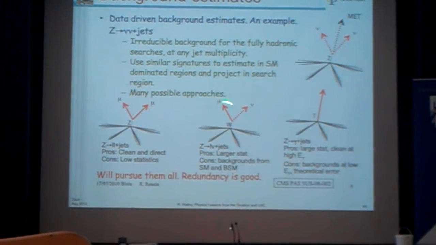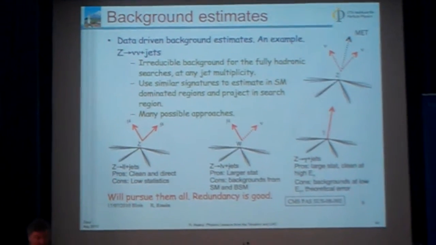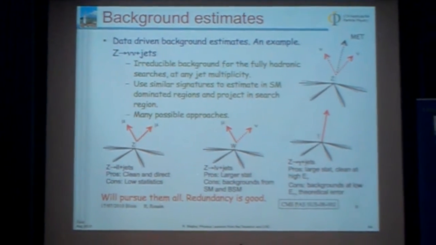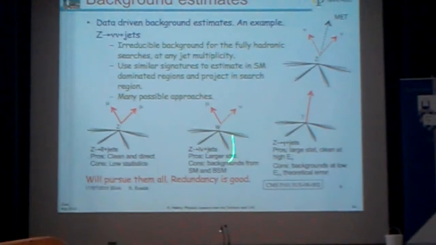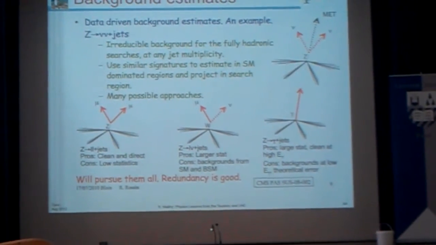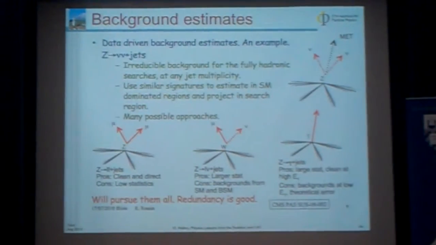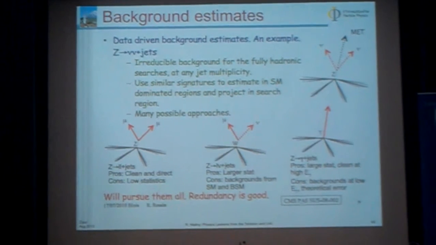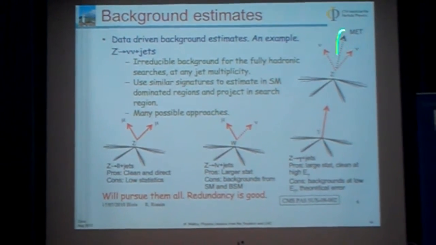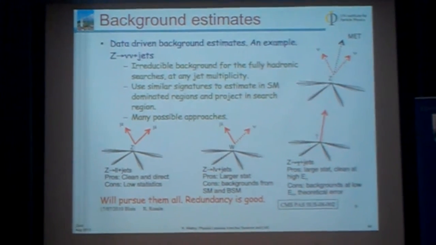You can leverage the W and replace the W against the Z. You have 10 times more W's, that's fine, but then you have, of course, also larger backgrounds from QCD and mismeasured missing energy. Or you can do photon plus jets, which has large statistics, but then you have at tree level a similar diagram, but there are other diagrams which are not in the Z plus jets, and you have to correct for that as well. But the nice thing is you have several methods, and you can leverage these 3 methods against each other to measure this.